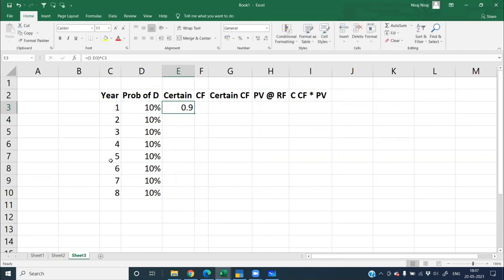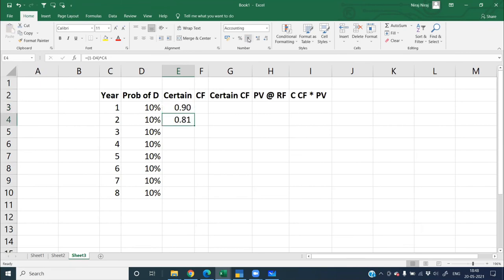Why I'm raising to the power of the year is the reason being every year this uncertainty will multiply with itself. Okay. Second year में जाओगे आप तो second year का 10% will be uncertain plus first year का 10% what was uncertain that will also come into play. Okay, and that is why you saw when I took an example of also 80%, 60%, 40%. Why I took that example? Because probability of something being uncertain will increase year on year. Why do we not have faith in the projections? Because projections are made for 5 years and year over year projections will go on default. Projections will not be correct.